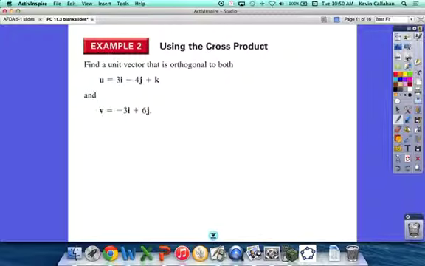So when I set this up, the u is going to look like 3, -4, 1. And the v has components -3, 6, and 0. So u cross v